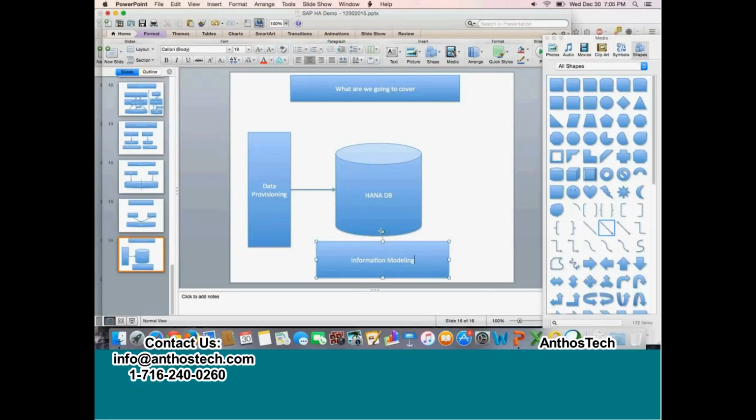Information modeling. So this is what I said. We create different views on data, like attribute view, analytic view, calculation view, different views in the database. Okay, and then last but not the least,